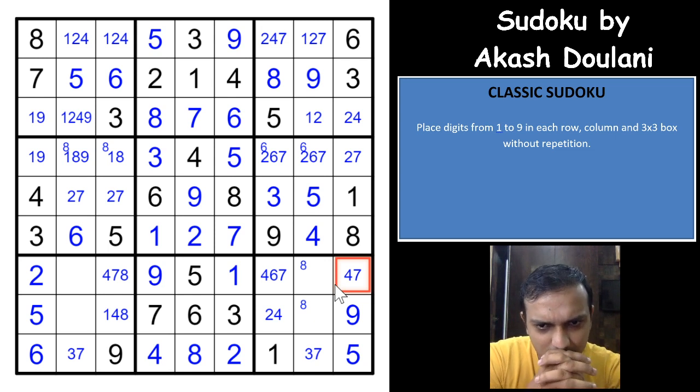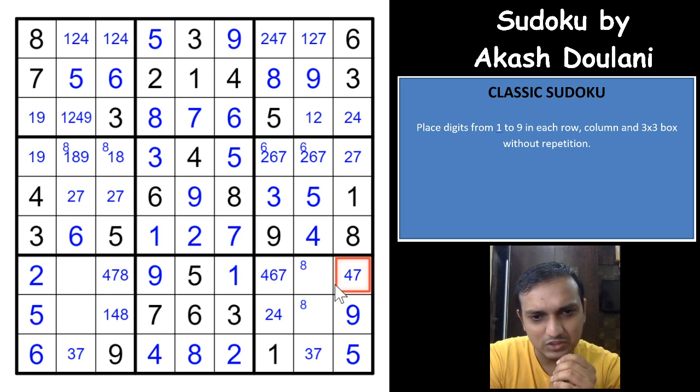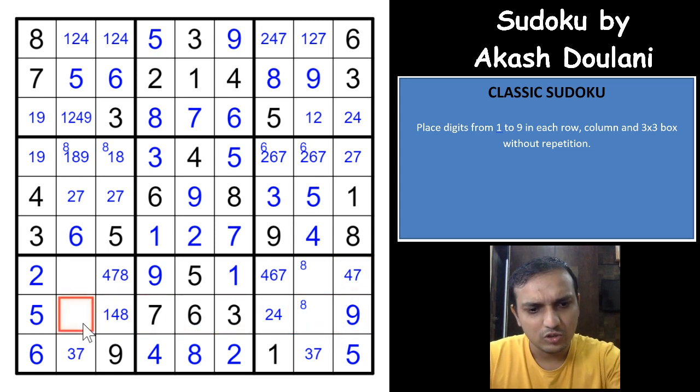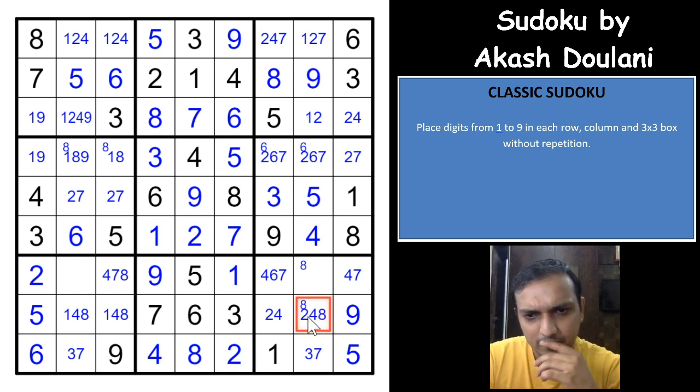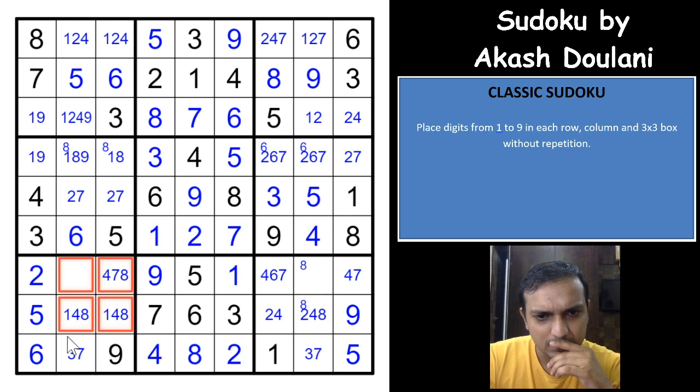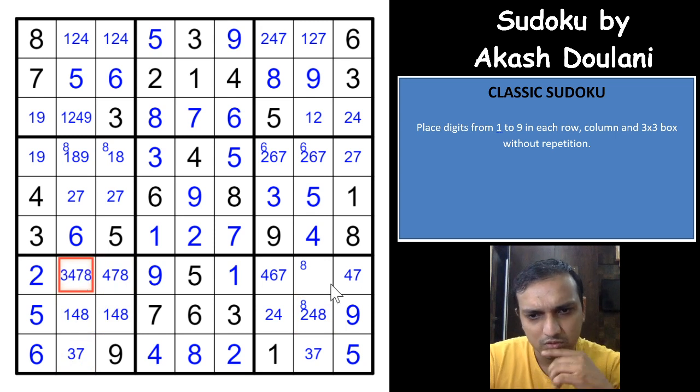I suspect some Y wing or XYZ wing, WXYZ wing. I'm not sure. WXYZ wing is really difficult to spot, but 1 2 4 8, right? 1 2 4 8. So let me mark the other pencil marks too. 2 1 4 8 and 1 2 4 and 8, right? 1 2 4 8 3 7. 1 4 8 7 3. 1 3 4 8 7. So 1 3 4 8 and 7.